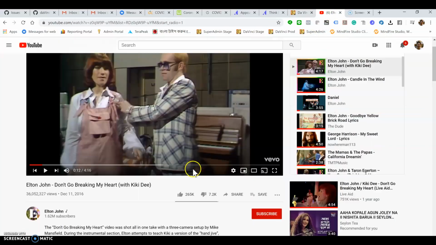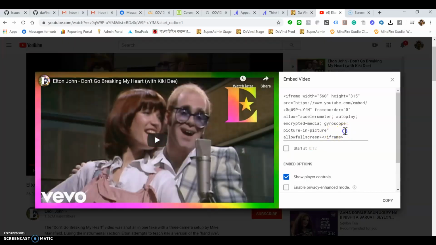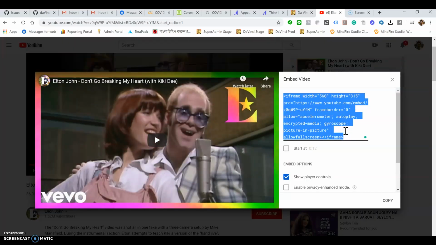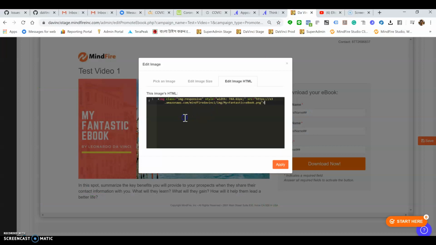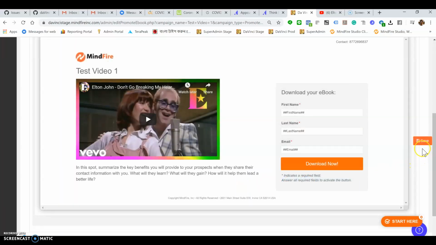Here's one of my favorite videos, Elton John and Kiki Dee singing Don't Go Breaking My Heart, and go to share, click on embed, grab that code, Control C here, or you can just click on copy, go back here, Control A, delete that, Control V, paste it, apply. That's it. Now we save the campaign,